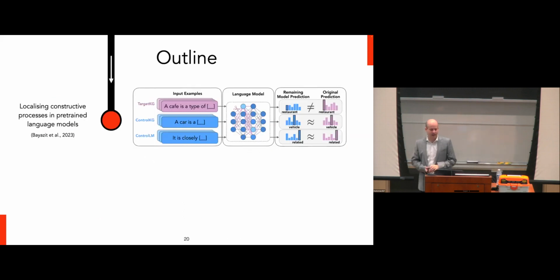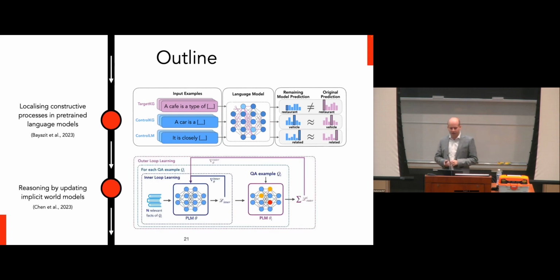So what I'm going to talk about today is how we can learn to identify knowledge representations and reason about provided knowledge more similarly to how humans do these two things. In the first part of the talk, I'll talk about how we can localize the constructive processes that language models use to reconstruct memories and that are responsible for being able to encode particular types of knowledge. And then in the second part of the talk, I'll talk about a new reasoning method that we've designed that specifically learns to reason by assimilating new knowledge and accommodating the parameters of the network to be able to change the model's internal world model to accommodate that knowledge in the first place.